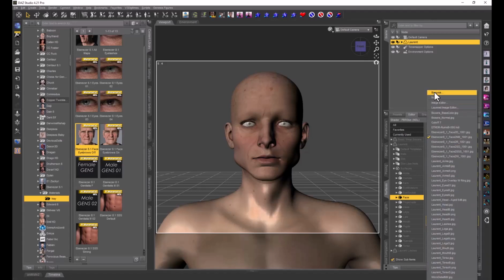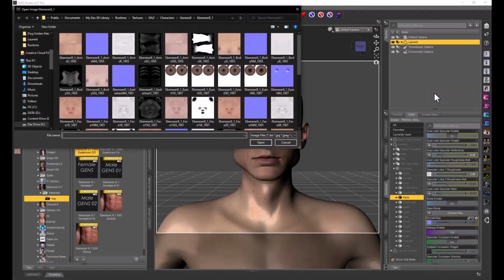Go up to browse. Now remember, there's an Ebenezer 1 face and Ebenezer 2 face, so I need to use the Ebenezer 1 face for the texture, so we need to choose the Ebenezer 1 face normal. And see, I was like, okay, wait, which one do I pick? So drag that down